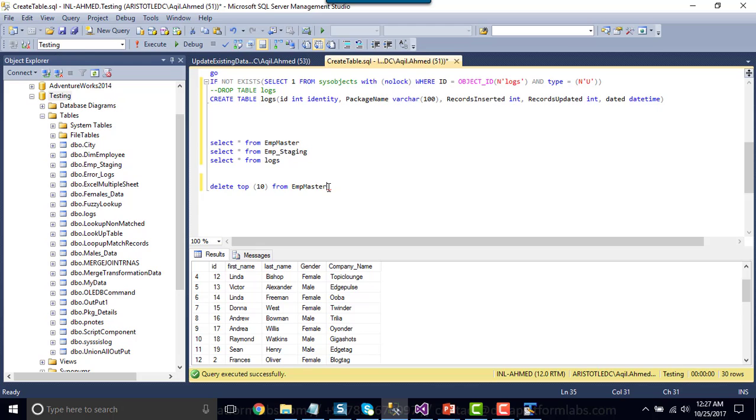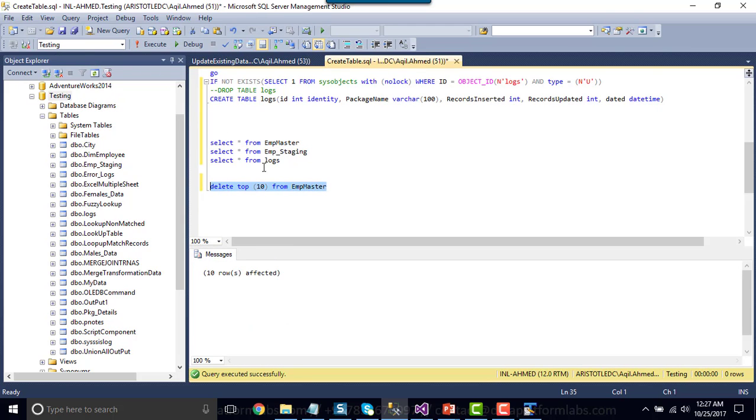What it will do is, since we have removed 10 records from the table, if we rerun the package, because those 10 records don't exist in the SQL Server table, 10 records will get inserted, and then the 20 records should get updated.